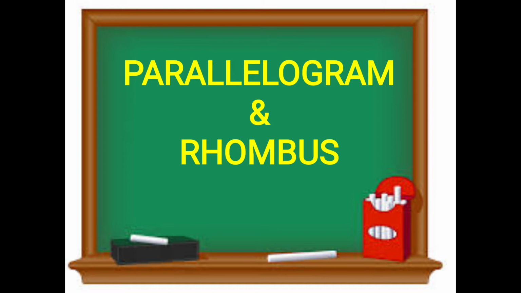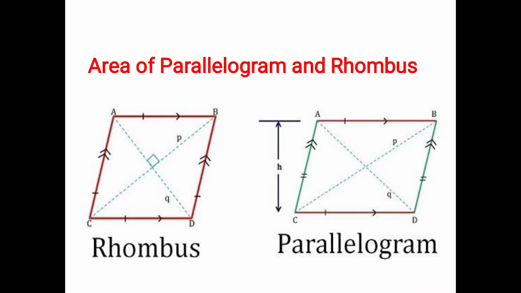So this is the rhombus and the square. As you see here, the rhombus looks like a square, yes or no? Yes. And the parallelogram also looks like a rectangle, right? So that's what I'm saying, both are the same, but slightly different in the way their shapes are shown. This is a rhombus and this is a parallelogram.